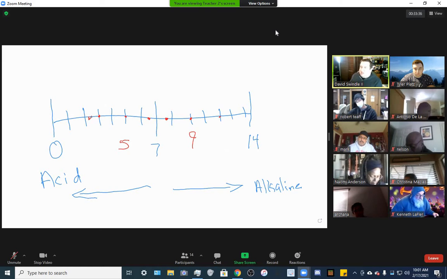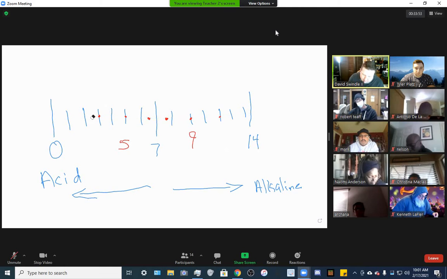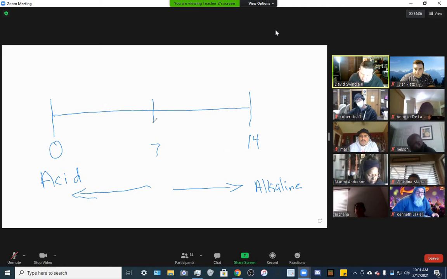So are we making sense that we want to understand what type of soil, so we're using the right kind of product? You guys understanding that? Yes. Okay. So now we're going to take this a step further, because now let's just talk about that same scale. We've got 7 in the middle. 5, 6, 8, 9, 10.